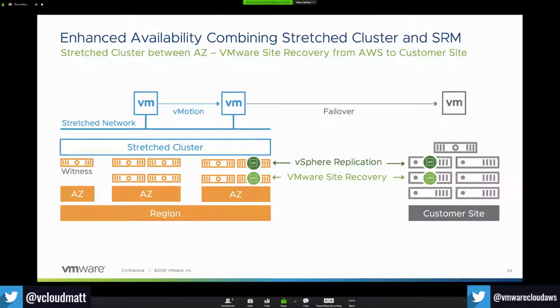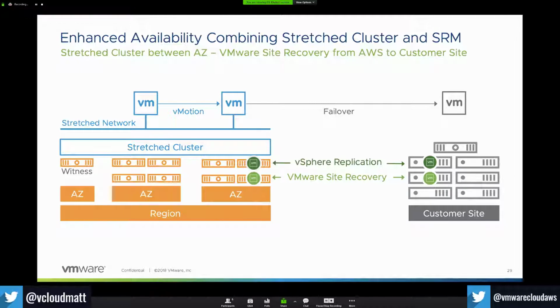So just to touch a little bit on this use case, because I think it's great, and this has actually come up with a lot of our customers recently. And I'm sure you deal with this all the time, GS, is the difference between availability and recoverability. So the box on the left here is the availability play. That's our stretch cluster, which will protect you from some stuff like an AZ failure, and your resources will automatically power on. But you really want to also have that recovery option